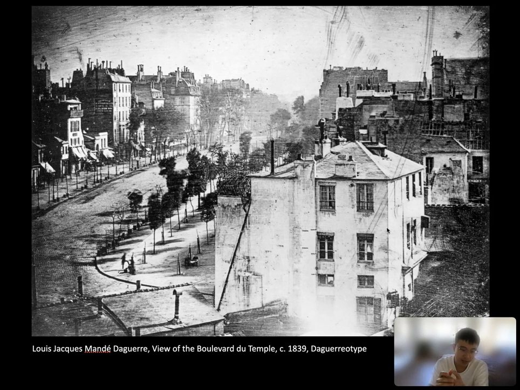Right, crisp, clean, sharp, highly reflective because it's silver, it's metal. The slide here doesn't show the quality, the material, the texture of the plate, but I can show you later.